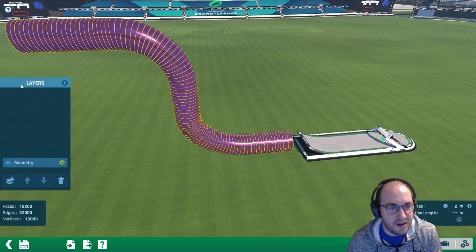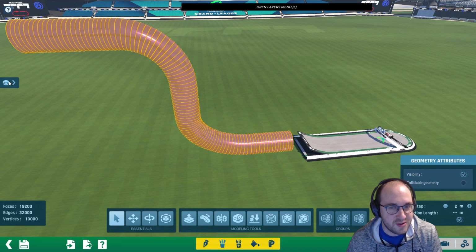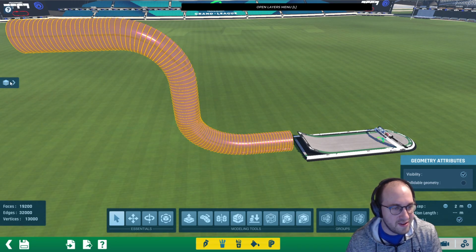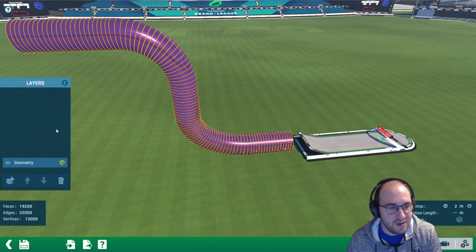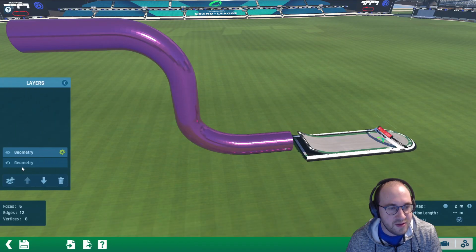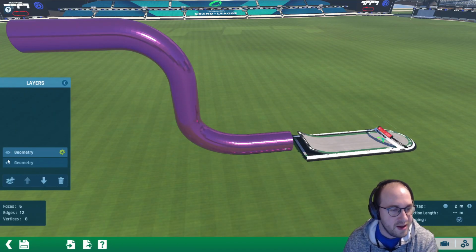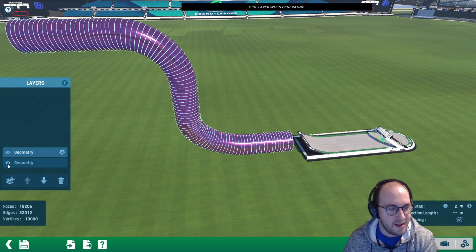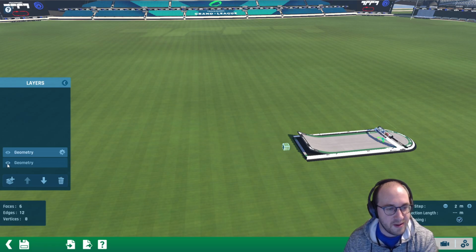So we're gonna go ahead on the left-hand side. If this is shrunk down, you can click these like 3 squares to open the layers menu, and click the plus in the bottom left to create a new geometry layer. So now when you have these layers open, you can click these eyes to show or hide the geometry layers. So the first thing we want to do, let's hide the one we previously made, with our purple pipe on it,